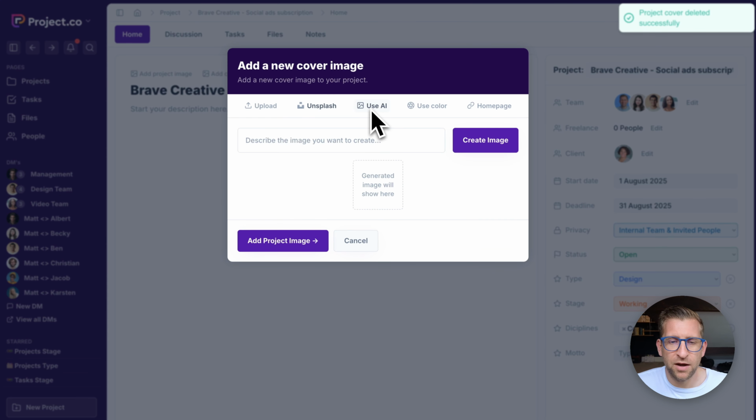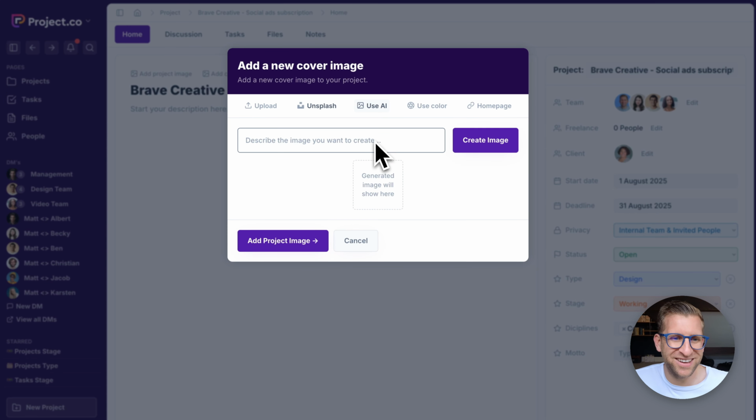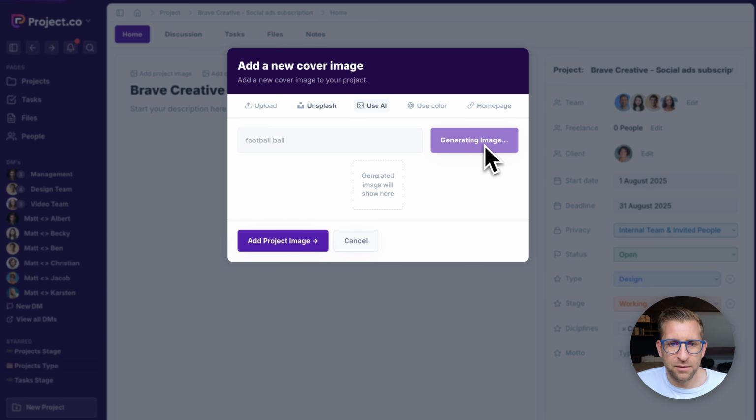which is pretty cool. Obviously AI is very big at the moment. Let's put it to some good use. So perhaps you've got a football project. So if we search for football ball, for example, I'll create that image. Let's see what AI generates for us. Okay, pretty straightforward. But you can search and see what it will create, and use it until you get something that you like. If we add that as a project image,